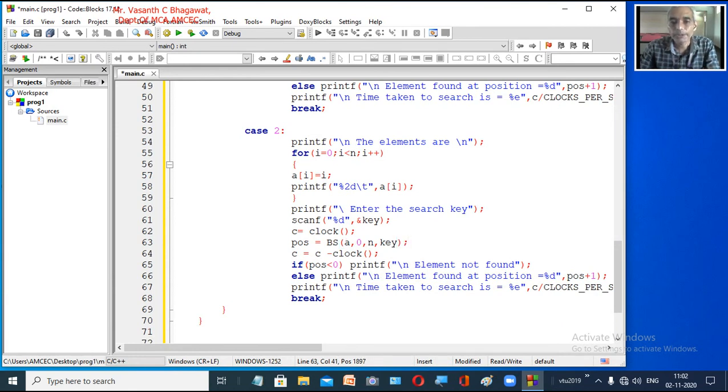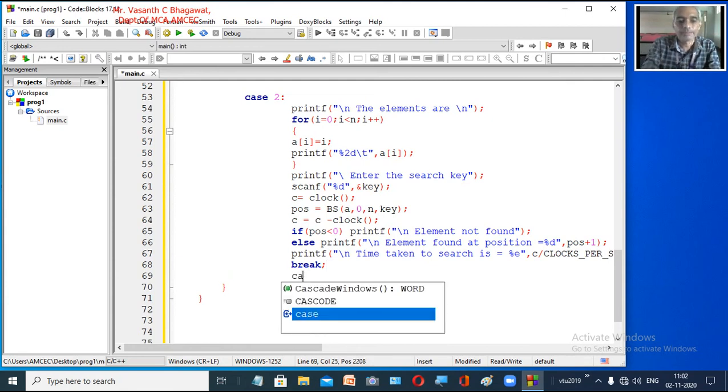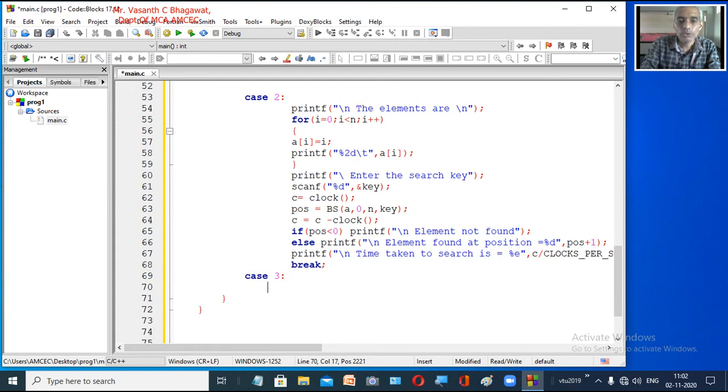Now it returns the position. Next, all the other things are the same. So now our binary search is completed. So now we'll go to case 3. What is our third case? Now you want to